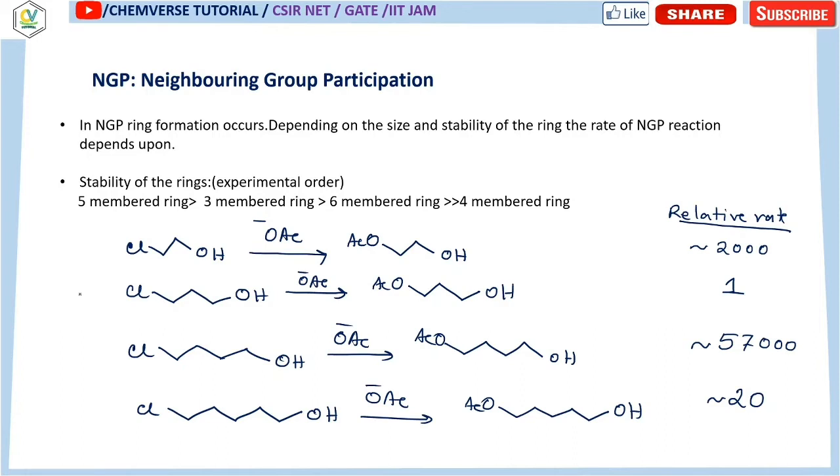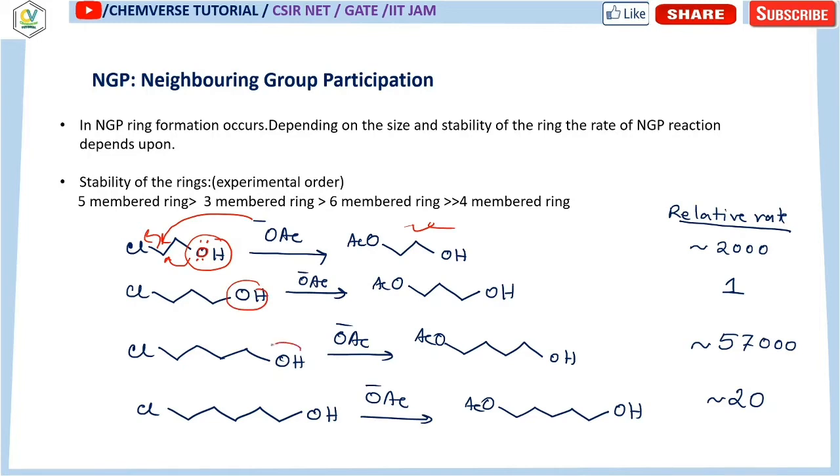experimental relative rates. Now over here this OH has a lone pair, and that is nothing but your internal nucleophile. It will attack over here, chlorine will be removed, first SN2 attack, then the external nucleophile will attack at the center to produce this kind of product. So two successive SN2 attacks are occurring, that means over here the NGP is operating. So it is the NGP of this internal nucleophile.